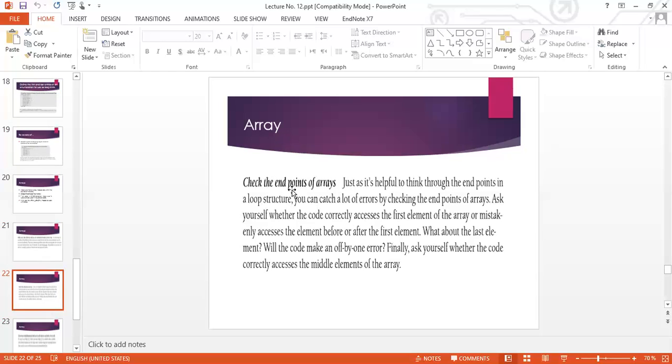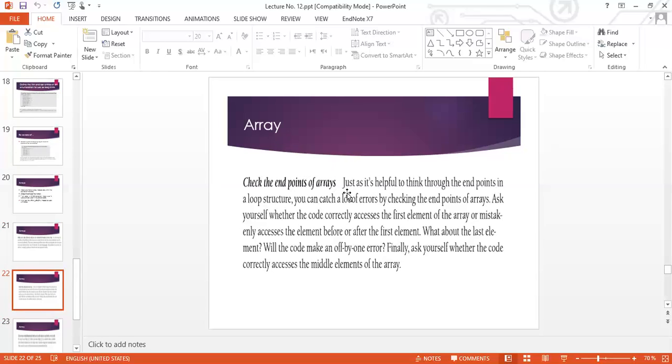We are dealing with an array, so we start a loop with 0 to, suppose, 9, which means 10 values. Let's suppose I have a loop that starts from 1 to 10, and inside that loop I have used an array,